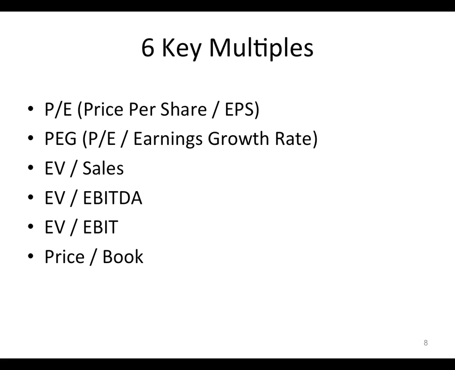The second multiple is called the PEG multiple. The PEG takes the price to earnings multiple and it divides it by the expected growth rate. Now, in this case, this G in the PEG is not the same G in the key value drivers equation. That G is the perpetuity growth of free cash flow. In the PEG, the G, the convention, is the 5-year growth in earnings per share. Okay, so it's a different growth rate, right?